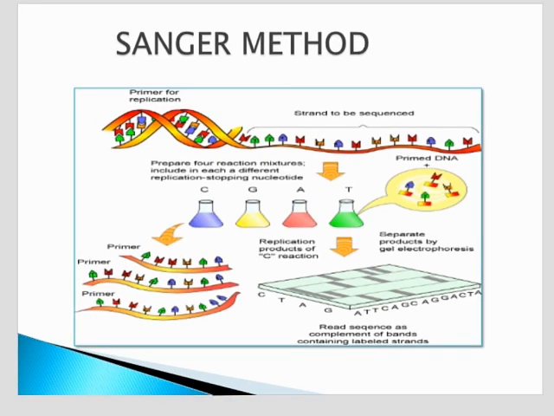There are four conical flasks and every conical flask has a different reaction mixture. The first one has ddCTP, the second ddGTP, the third ddATP, and the fourth ddTTP. As we know, dideoxynucleotide, or ddNTP, when incorporated in an elongating DNA chain, will terminate the DNA synthesis reaction. It can't form a bond with another nucleotide and DNA synthesis will terminate, and thus in each case we get partially